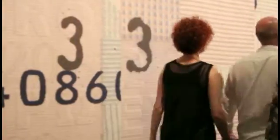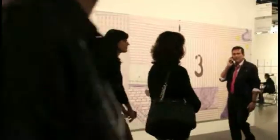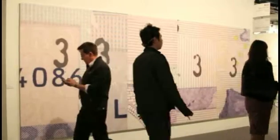I'm standing in front of a new work, a very large 5-panel piece by the Brooklyn artist Hugh Douglas, a 26-year-old artist, and this is an untitled work. It's called a dye sublimation print on linen. It's a magnified image of a €5 note, and according to the background of this piece, it involves moving of